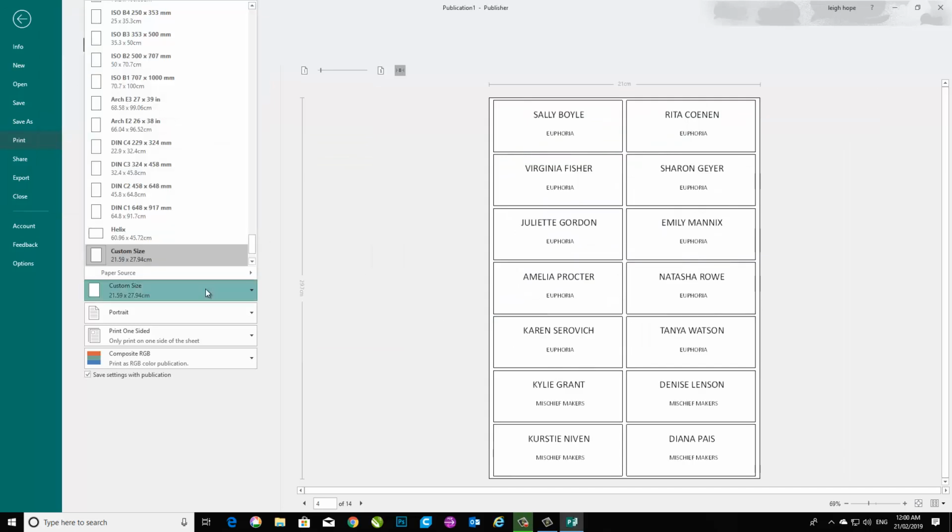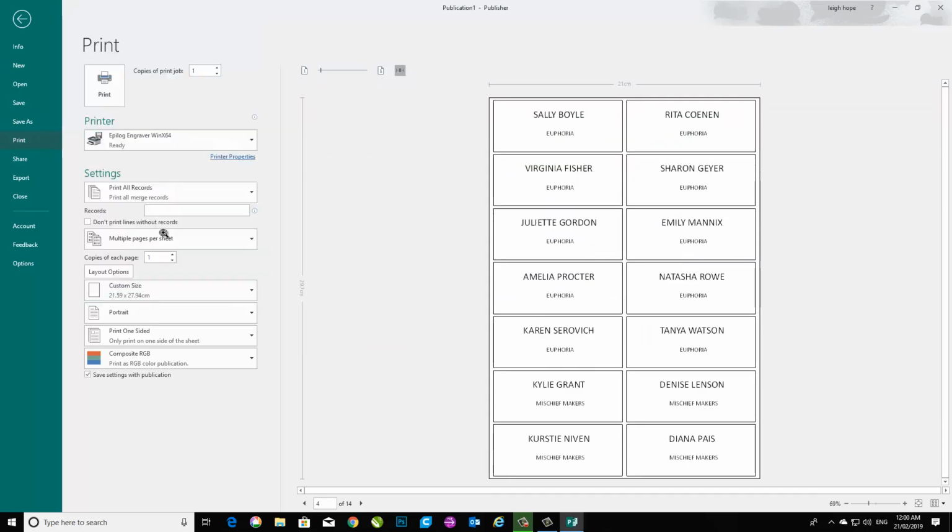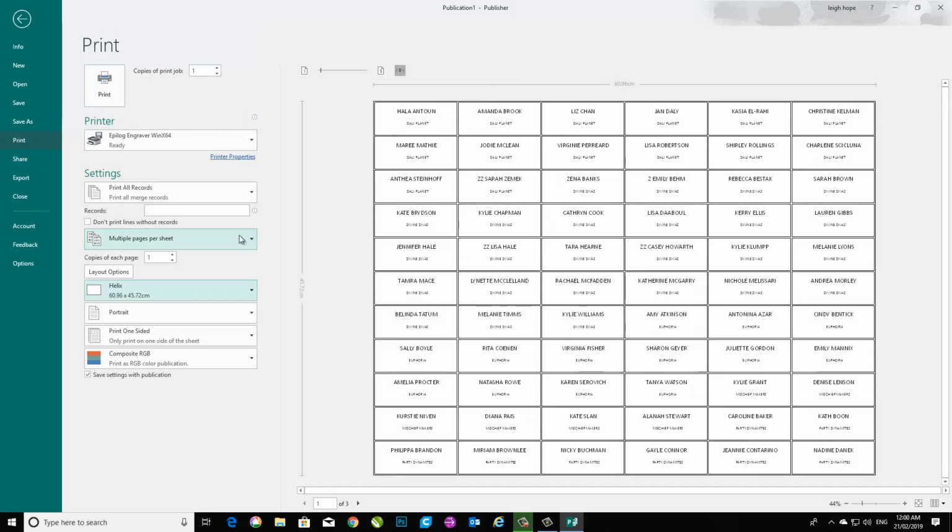Once again, we change it back and move it to the Helix. There we go. And we press print, and away it goes. It would send that job off to the laser printer, and we'd finish fairly quickly. So in a matter of a few minutes, we've changed the way we do things. Instead of redoing this every time from now on,